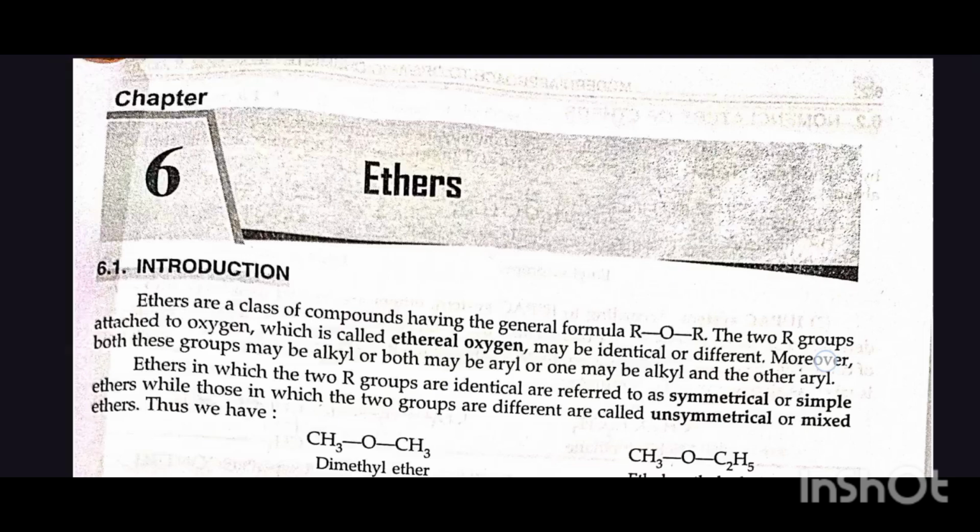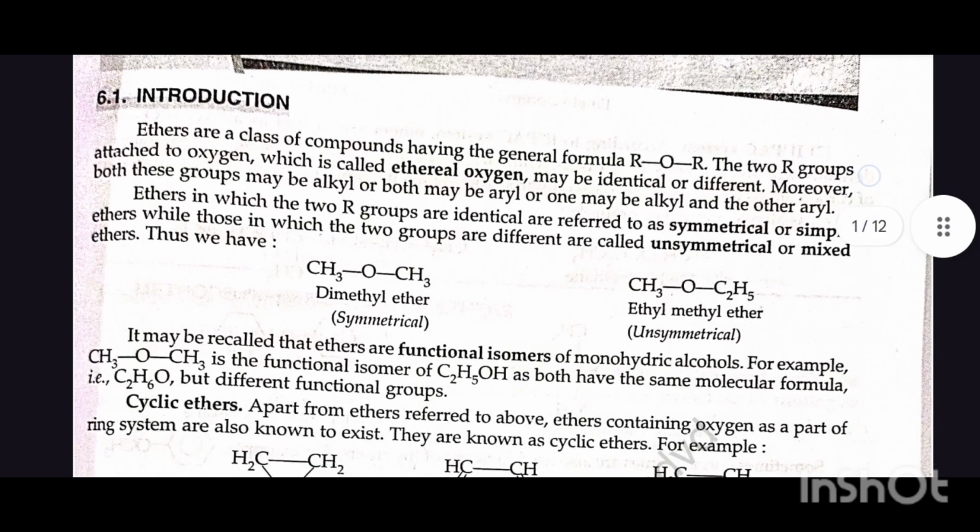Today I am here with the chapter Ethers. Introduction: Ethers are a class of compounds having the general formula ROR. The two R groups attached to the oxygen, which is called ethereal oxygen, may be identical or different. Moreover, both these groups may be alkyl or both may be aryl, or one may be alkyl and the other one